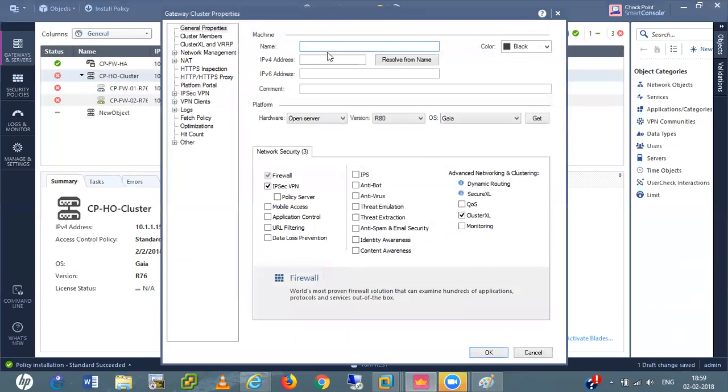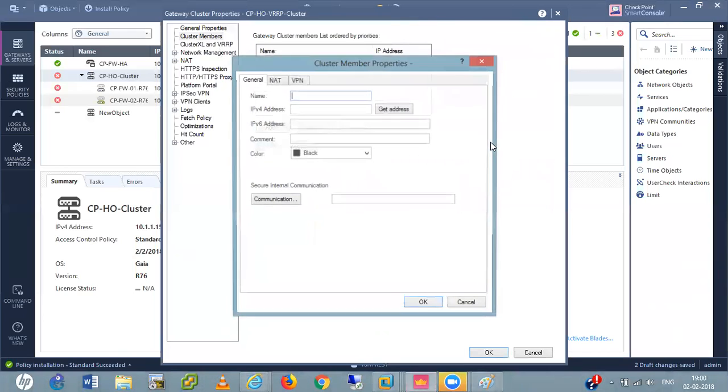I give the name Checkpoint Head Office VRRP, cluster, 10.1.1.200.